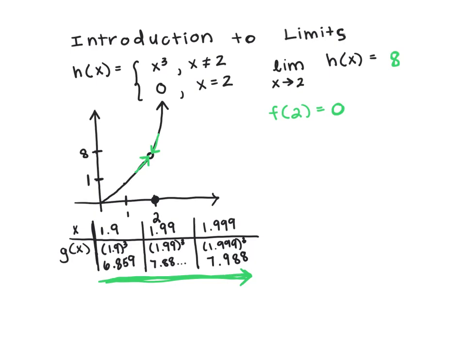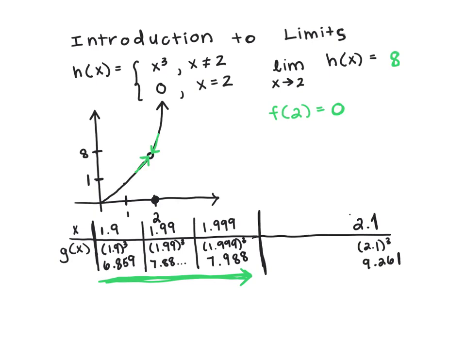We also have to approach 2 from the right. So let's go ahead. If we're approaching from the right, we're looking at x values bigger than 2. I'm going to choose 2.1. I'm starting over on the right on my chart because I know I'm going to be moving to the left. So 2.1 is not equal to 2, so the value of my function here would be 2.1 cubed. My calculator tells me that's